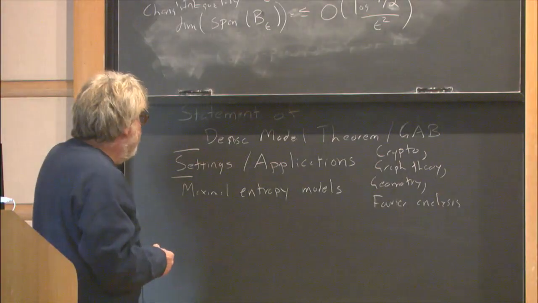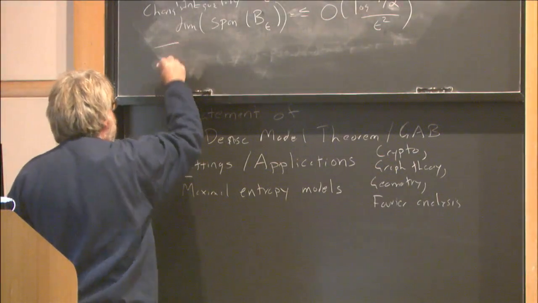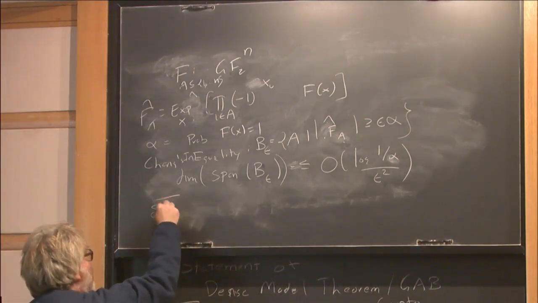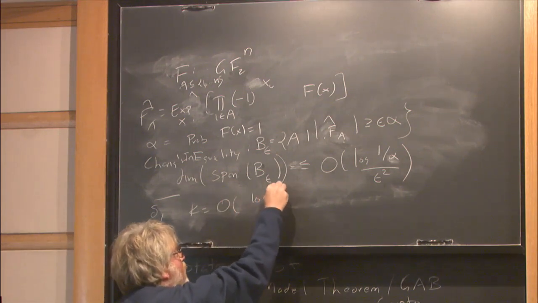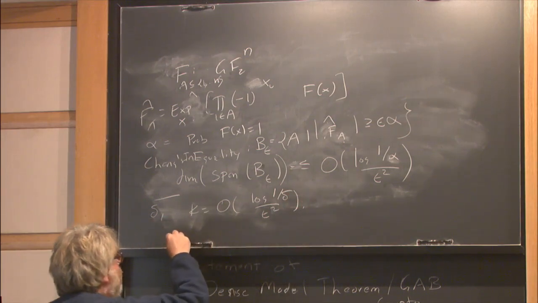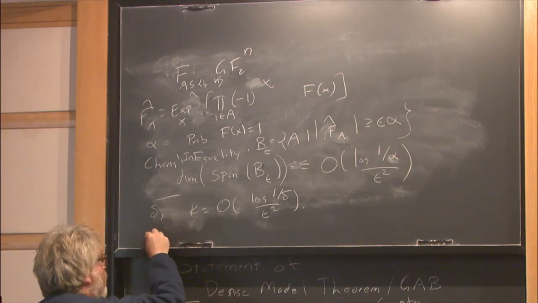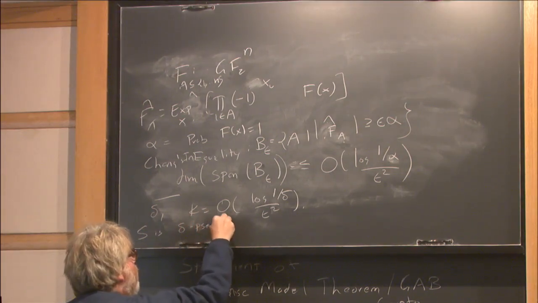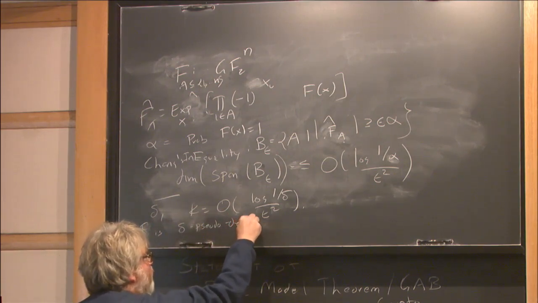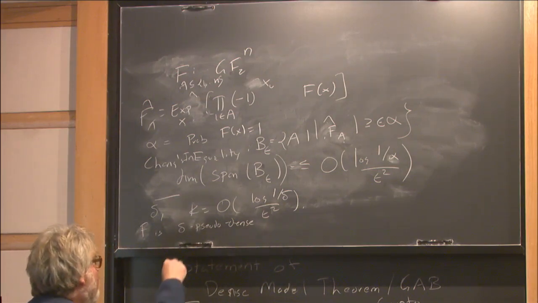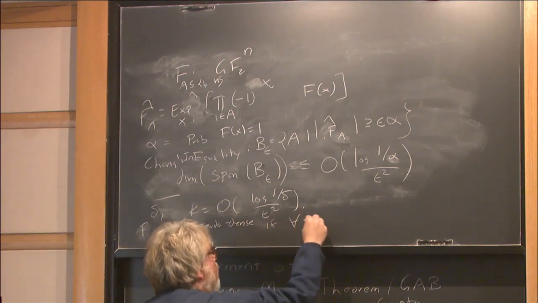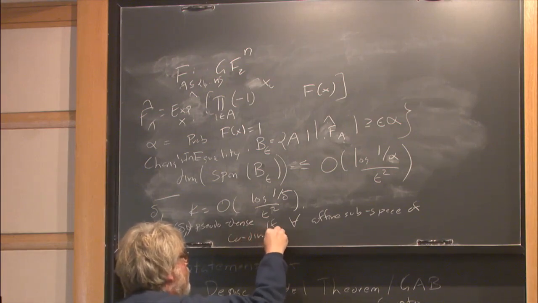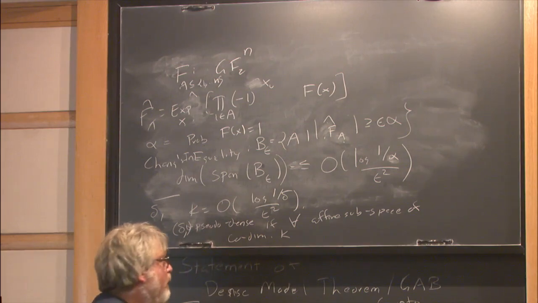Yeah. So let's fix some delta, and let little k be the same as before, log 1 over delta over epsilon squared. And we'll say that F is delta pseudodense, or delta 0 pseudodense, if for every affine subspace of codimension k, so the dimension is going to be n minus k,